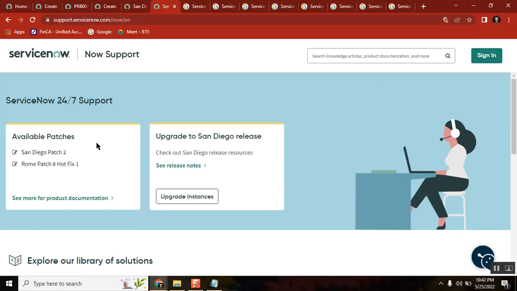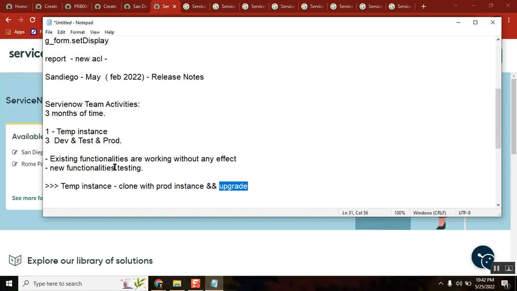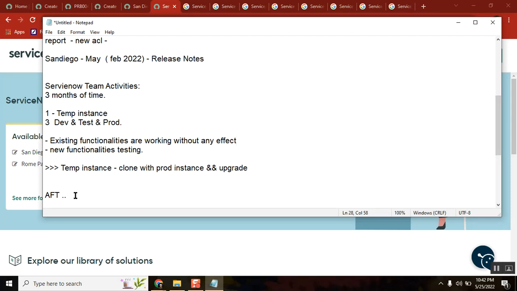Okay, so first, temp is cloned and upgraded, everything is verified, and we are very much good. We also have some test cases. The checklist that we are referring to, the upgrade checklist, keeps being updated. The more customizations you have, the more the checklist will be improved. That is called the upgrade plan. We run with the checklist, and once that is completed and everything is good,